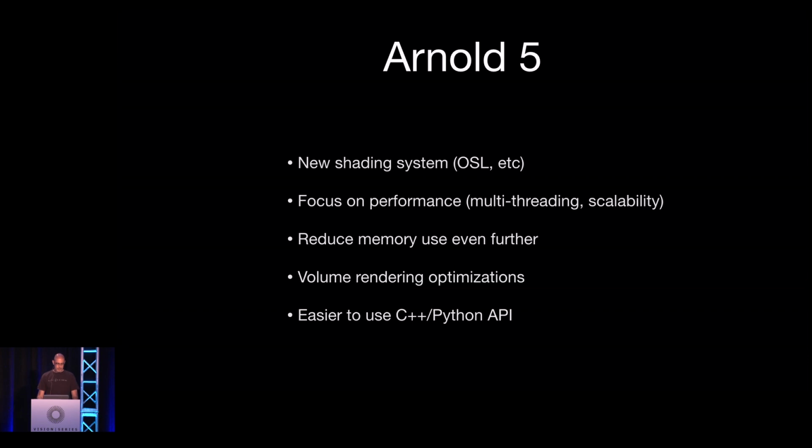Another cool thing that we've been doing lately is volume rendering: clouds, smoke, fire, things like that. It's really difficult to do really high quality volumes and fog and clouds when you want a global illumination solution inside the volume. We call that multiple scattering. And we've done a lot of work recently on that. We're still trying to make it faster. It's gotten to the point where you can actually use that now in production. Just a few years ago, it was impossible to use multiple scattering, global illumination in volumes. Today, it's actually possible. It could be faster, so that's why we still need to do more research and more